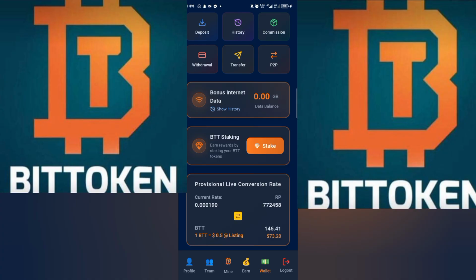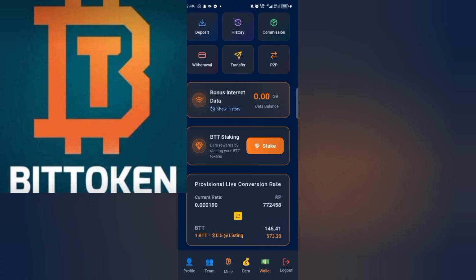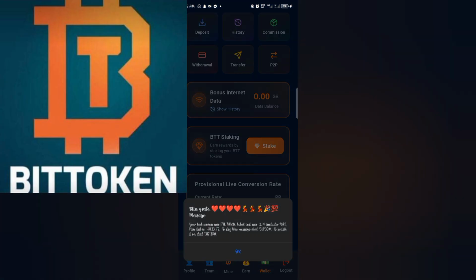Now, number two of what you need to know is what you earn by staking BTT. Number one, you earn more BTT by staking BToken tokens. Number two, you earn daily rewards.